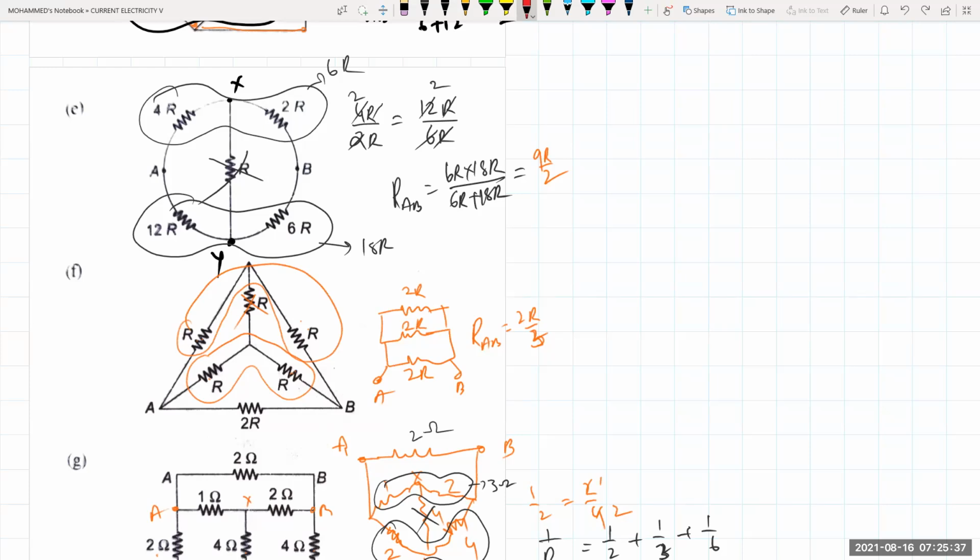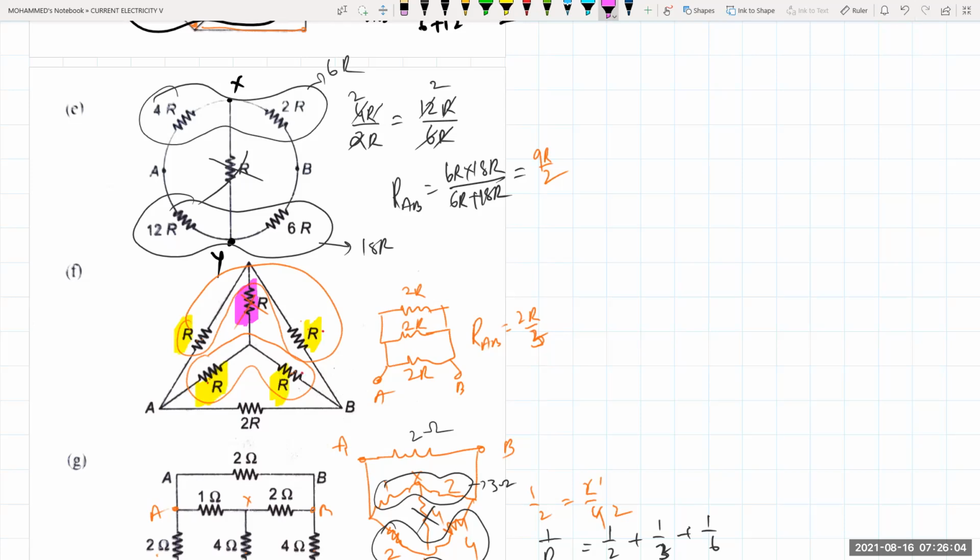Let's try F. See how many resistances are there, beta? R, and R. These are forming 5 resistances here, isn't it? So the middle one will become ineffective because it is forming again a Wheatstone bridge. This one and this one, isn't it? So this resistance R, this resistance R, this resistance R, this resistance R, and this one will become ineffective.